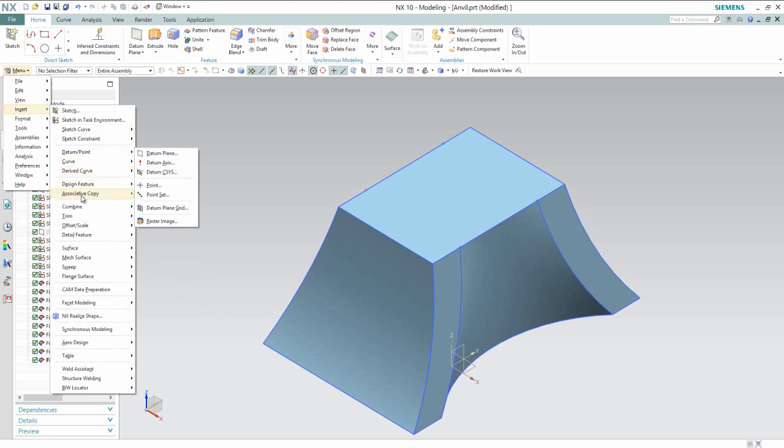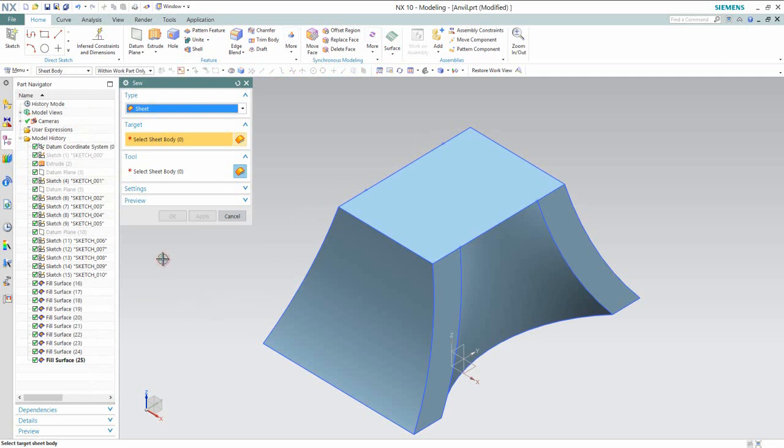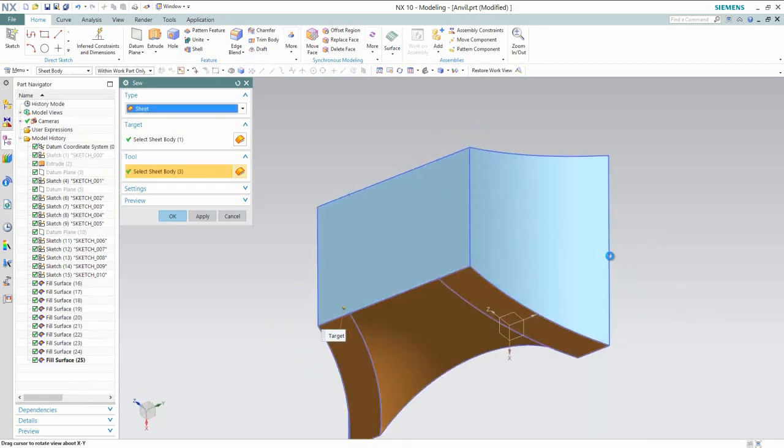Now we will activate the sew command. Okay, now the sew command dialog box is visible here. Select this surface, and second, select all the surfaces to generate the solid part.